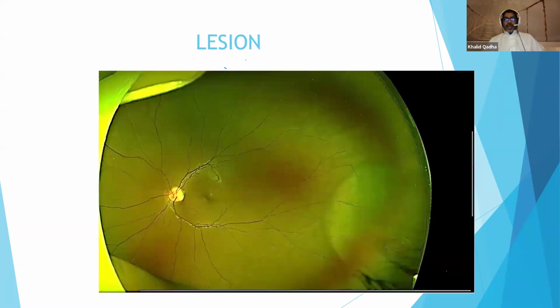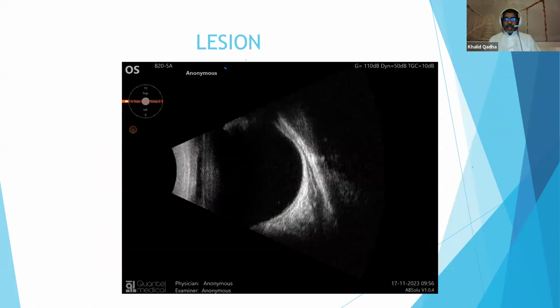Sorry, this is a kissing choroidal again. This is an image from Optos. If you notice here, you can see the elevation. It was sent to me by a doctor telling me there is a possible lesion in the eye. I want to know what kind of lesion. After the B scan,